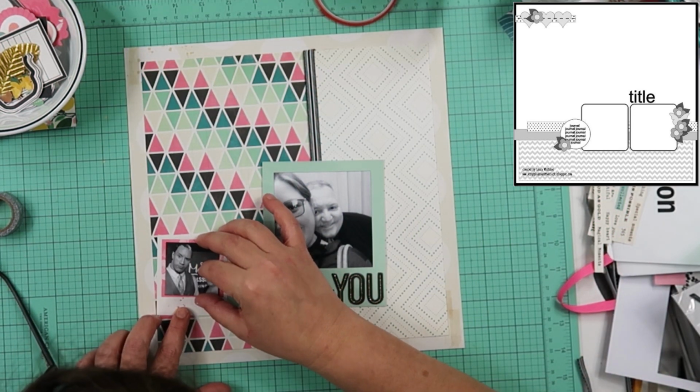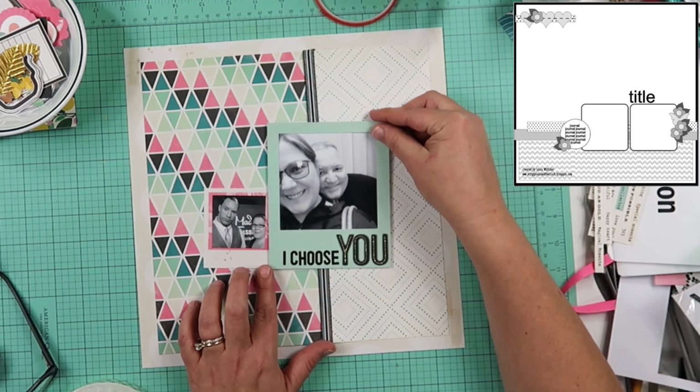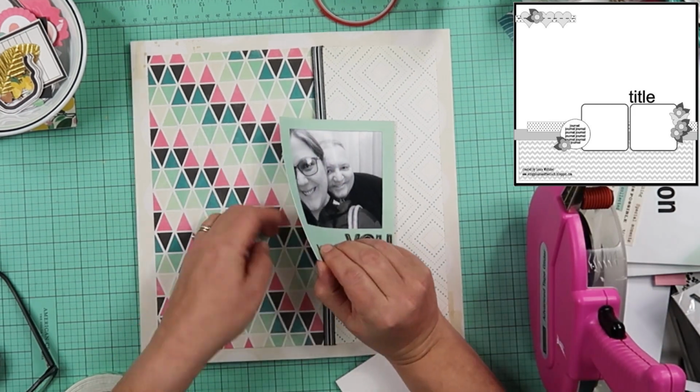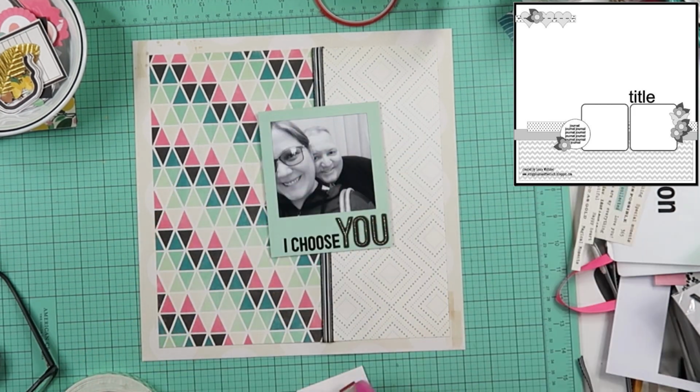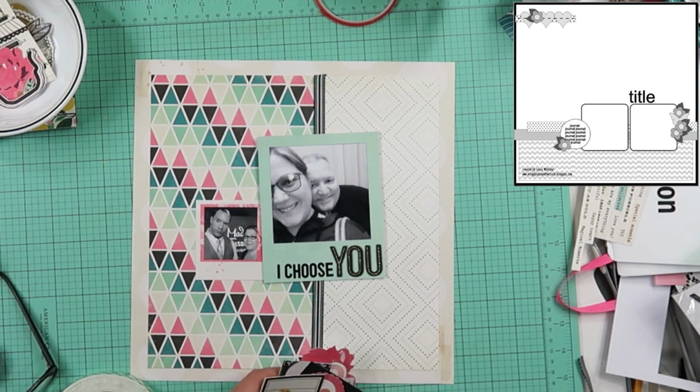You can see right here, see that die cut right there? I put in that little picture on it. So I made it smaller. So when it says I Choose You, it makes bigger. Yeah, also bigger. It makes more sense because the photo of Gemini is big, and this small photo of me